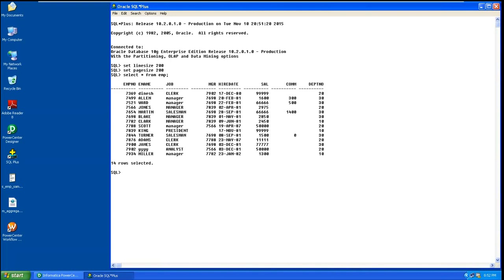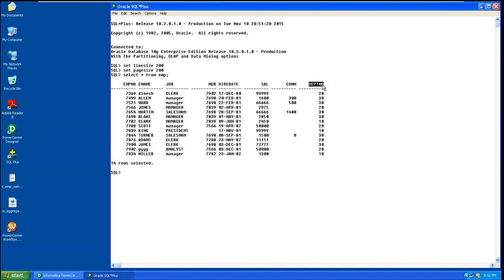Now, if you observe the data in the EMP table, here we have employee number, name, job, manager, hire date, salary, commission, and department number. All the things are there, right?